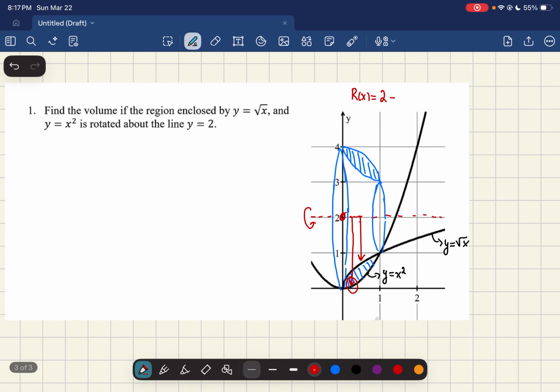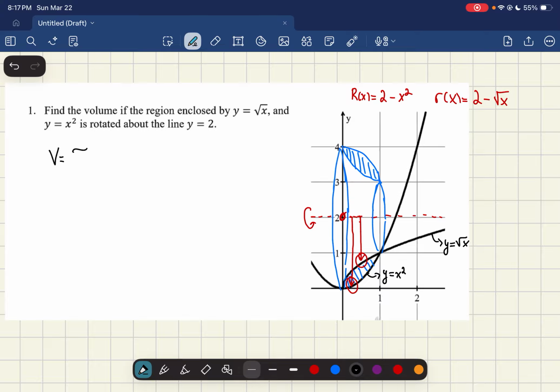So it's going to be 2 minus x squared. And the small radius, it touches y is equal to 2 first, and then it's going to touch square root of x second. So that's going to be my small radius. So the volume is going to be,